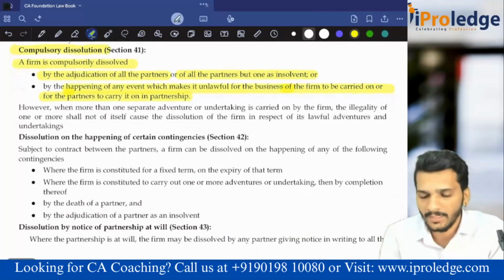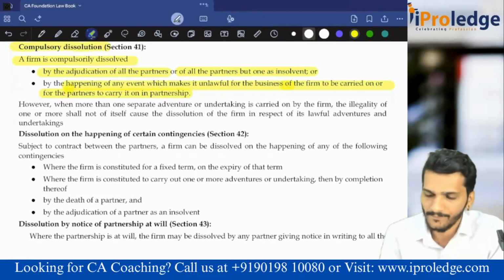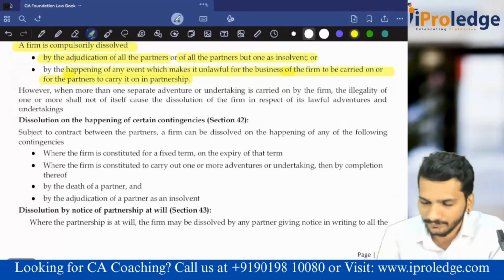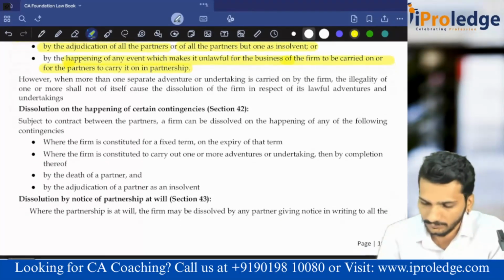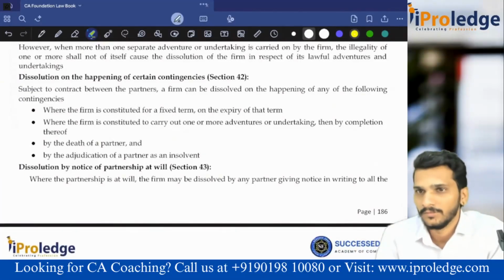There might be a small difference, I don't know, but they convey the same meaning. Unlawful and illegal. As far as I am concerned, I feel it is the same. So illegal means it is expressly prohibited, but unlawful means it is not expressly prohibited, unless you say how it is unlawful. So it's not mentioned that it is lawful.